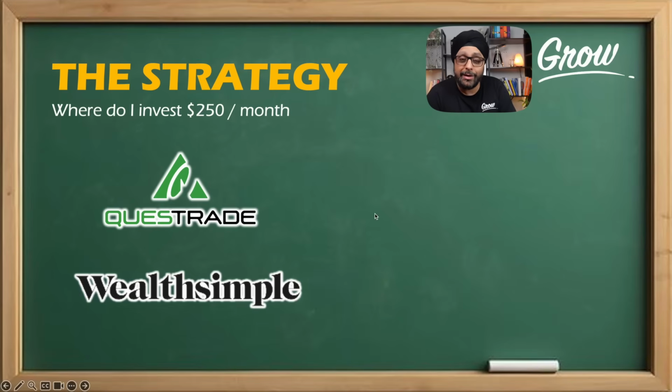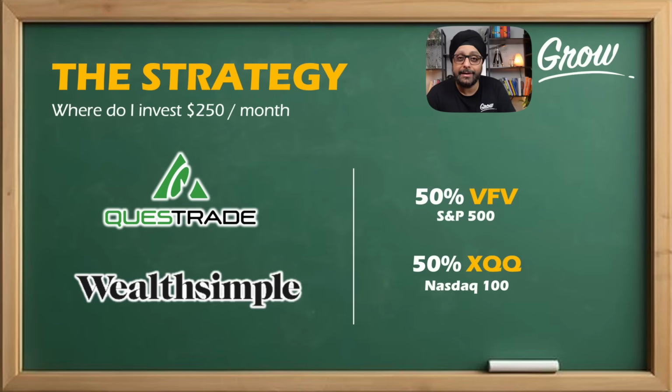But right now, I'm doing Questrade, and the reason why I don't like that is because Questrade does not allow for fractional buying. I would love to do 50% into VFE, which is S&P 500, and 50% into XQQ. But because I cannot do fractional buying for at least these shares, Questrade also allows for fractional buying, but that's only if I invest in VOO, which is the US equivalent of VFE. It's on select ETFs only.